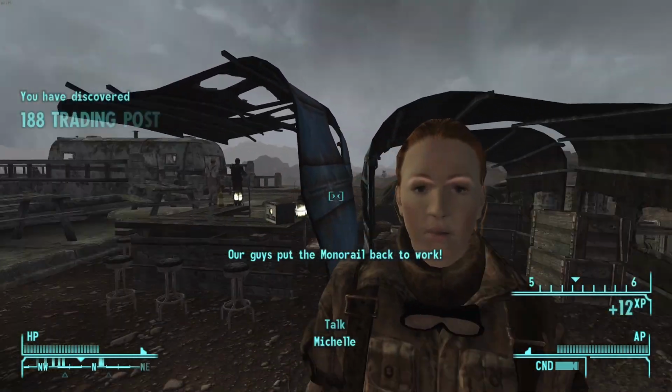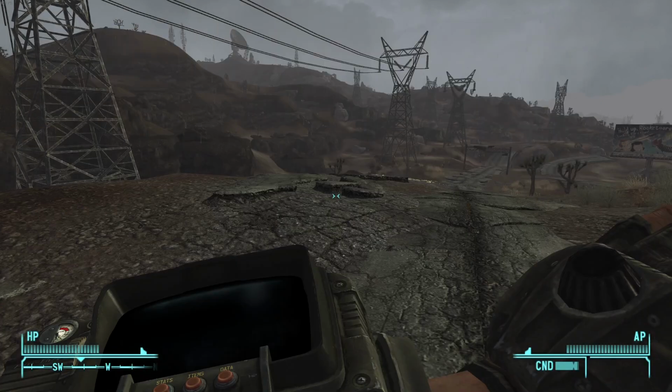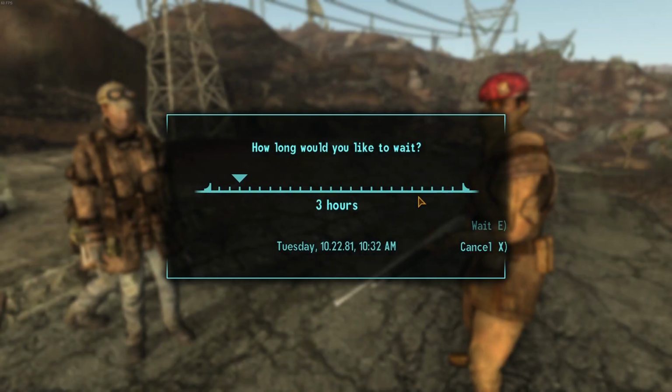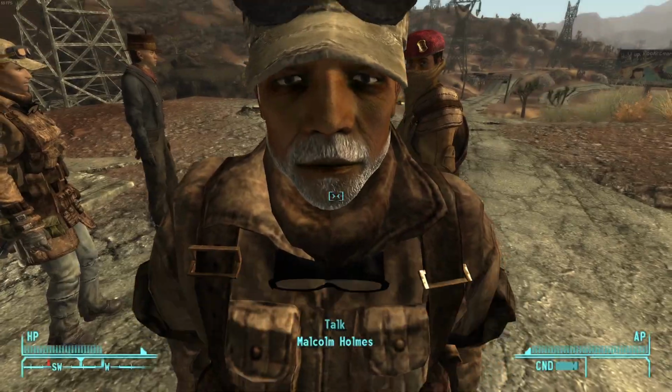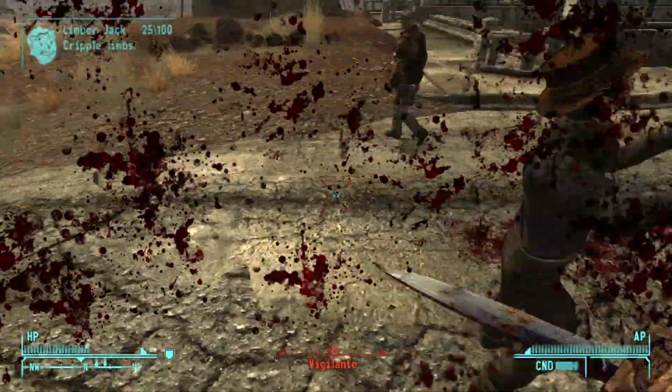I did head off towards the Strip again, but not before I stopped at the 188 trading post to pick up some random healing supplies, as well as some leather armor from this one merchant. Now, I planned on using leather armor for the entirety of this run, and I was going to restock on the leather armor here, but of course I got interrupted by Malcolm Holmes, and then instantly got attacked by vigilantes,